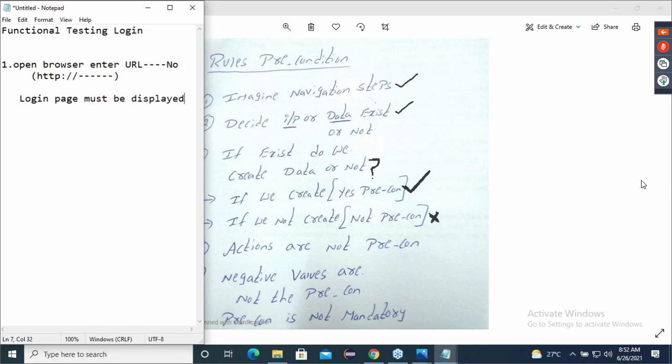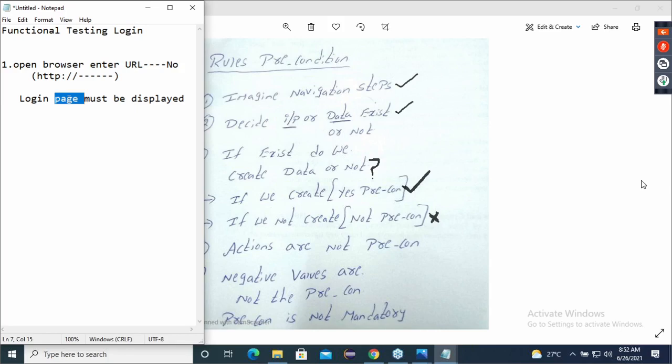Now, second question: is it a precondition? Are you creating a login page? Correct. The login page is created by the developer. We don't create any login page. So login page must be displayed, and that is also not a precondition.